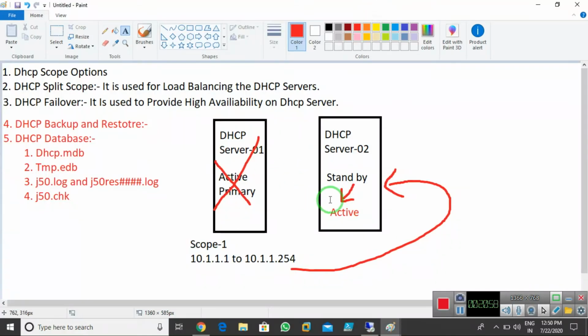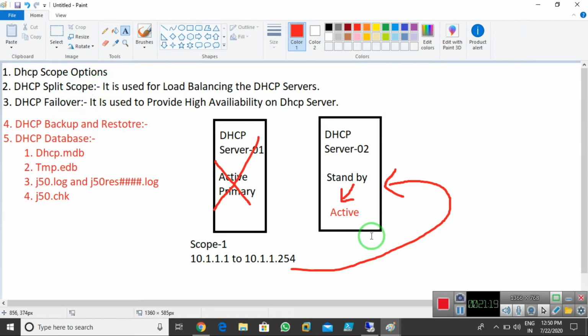For split scope and for failover, we need 2 servers. One is my DC, so I'm not installing anything in my DC. I create 2 member servers. I can install DHCP server 1 in my member server 1 and DHCP server 2 in my member server 2, and we can do split scope and failover practicals. First we do failover and then we do split scope.